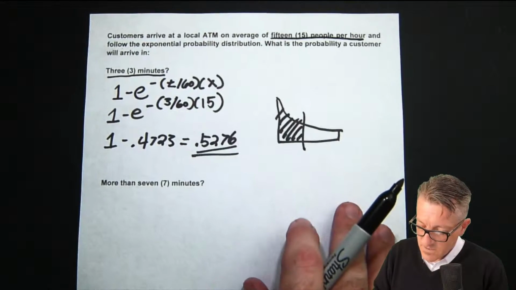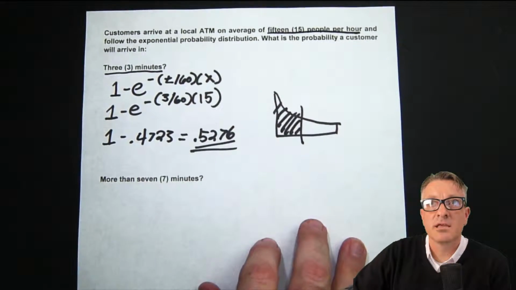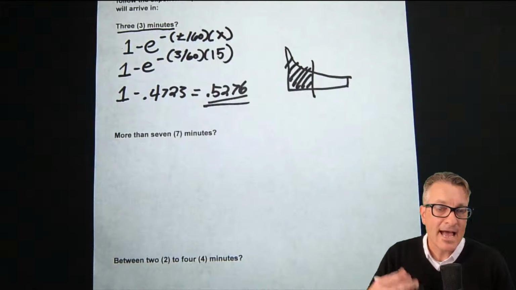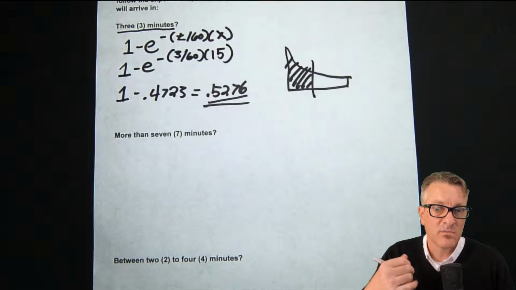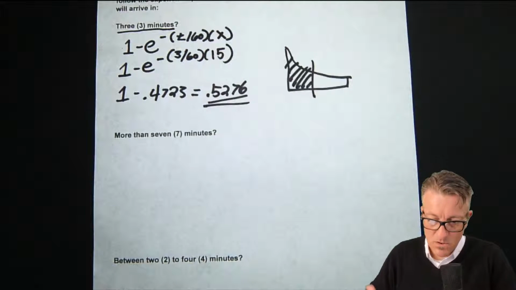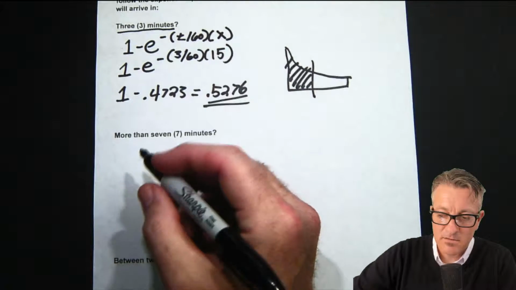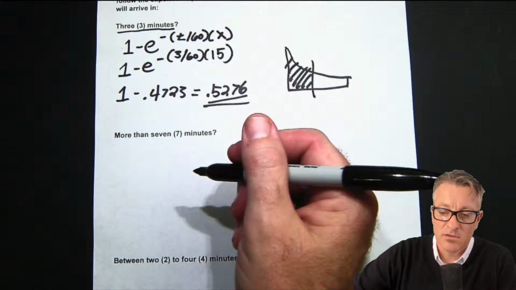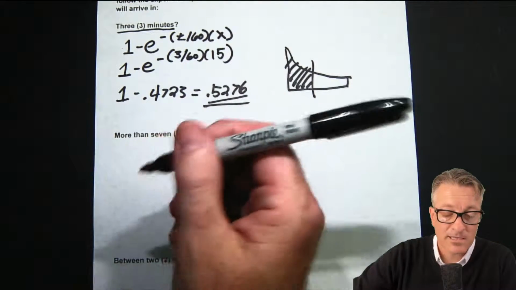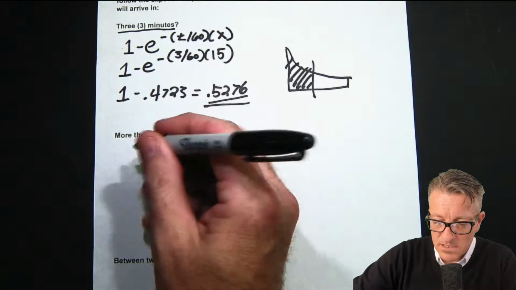Okay, so for the next one, it is more than 7 minutes. So the more than 7 minutes means at 7 minutes, it could be anything more than that. But it doesn't start until 7 minutes. So that is a one where it's going to start halfway into the distribution, and then it's going to be all the way into that right tail area to infinity technically, because it doesn't say that there's any stopping range. So the calculation for that one is this.